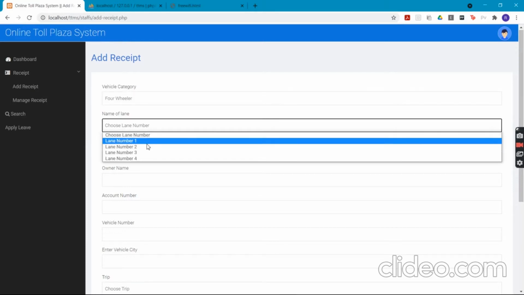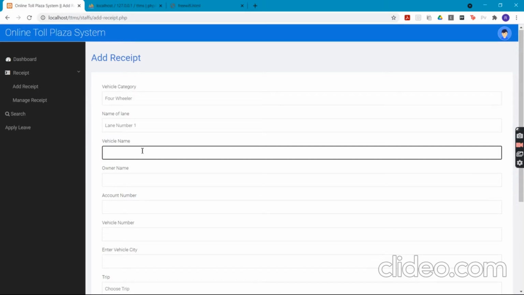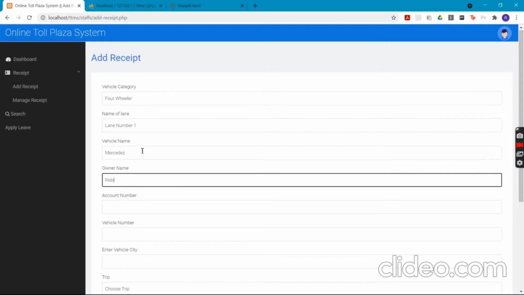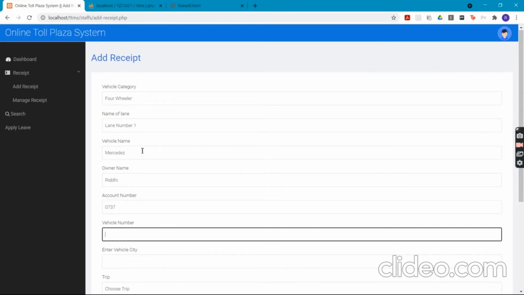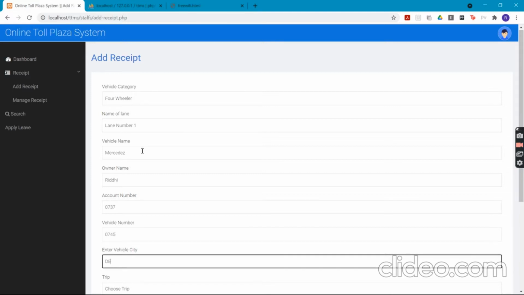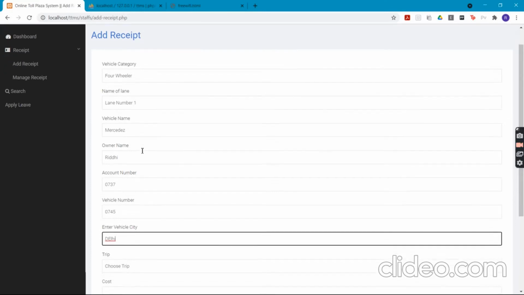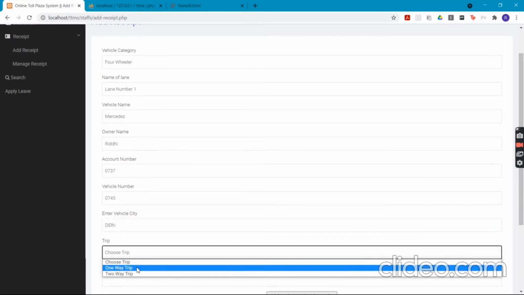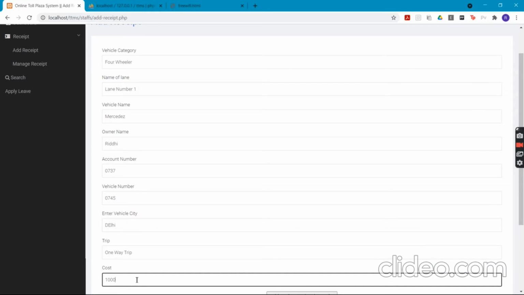He'll go here and choose the lane that the user is in. Let's say the vehicle name is Mercedes, owner name is again Prithvi, vehicle number 0745, vehicle city registered in Delhi, a one-way trip, costing less than $1,000.